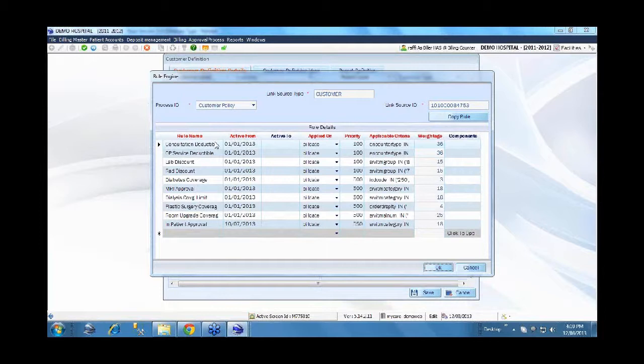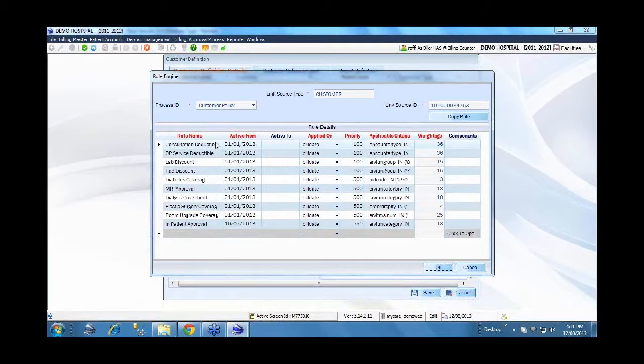We will see a few samples of how we can define this and what flexibility the system has in defining these rules. As I said, this is our major strength in handling the insurance or TPA contractual rules. I will cover just a few samples to demonstrate the various capabilities.